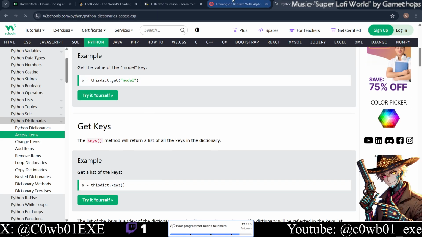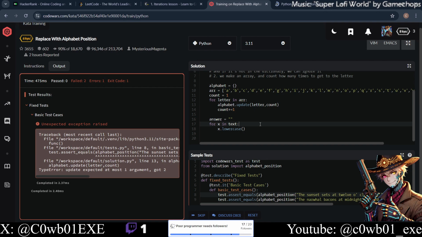So this dictionary dot get. Do alphabet dot get X dot lowercase. And then what we're going to do is